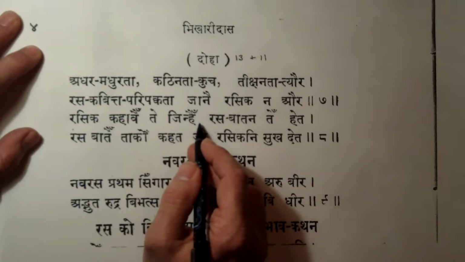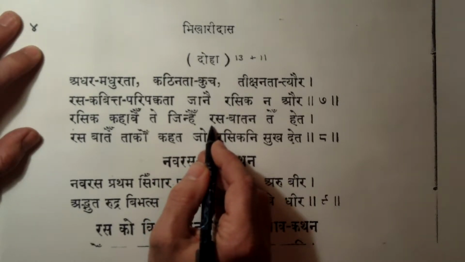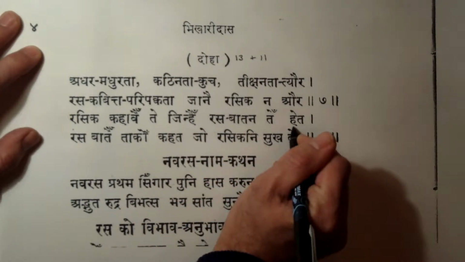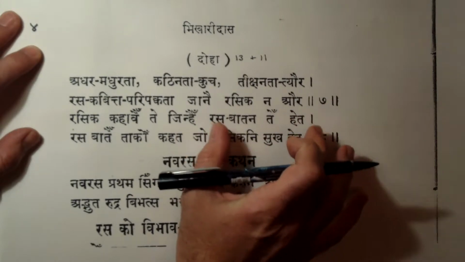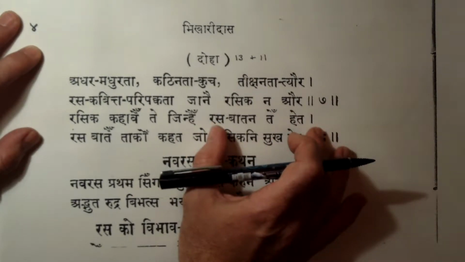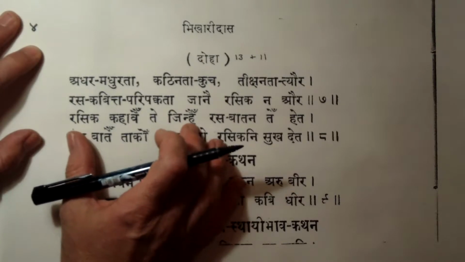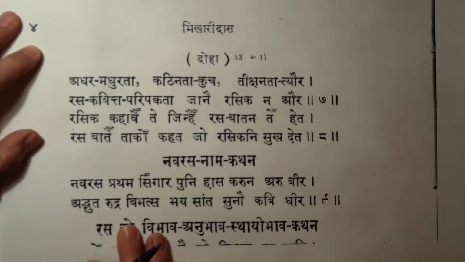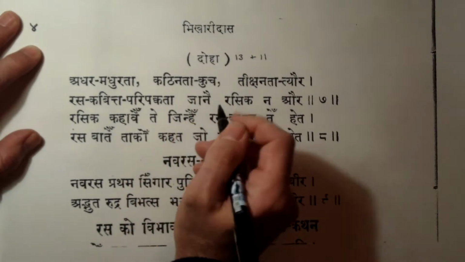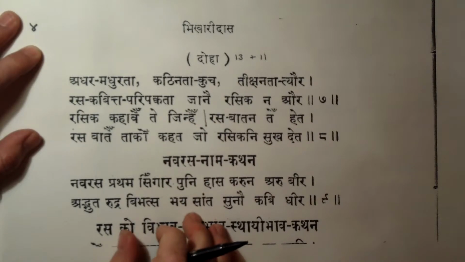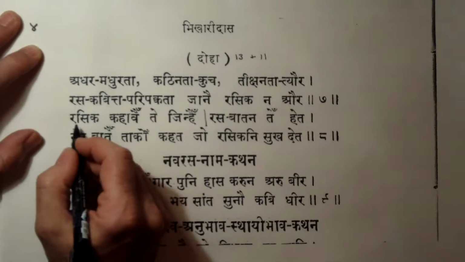But let's go ahead and see what the rest of the line looks like. Rasa, 1, 2, 3, 4, 5, 6, 7, 8, 9, 10, 11. Okay, so the second half of this line is correct in terms of meter. It's got 11 matras. And so even though the first has 14, we're going to let Bhikharidas have that. And so we'll say that this is indeed a doha, and there should be a break right here, which allows us to deal with these two halves as independent pieces, which might be easier. So let's start with the first half.